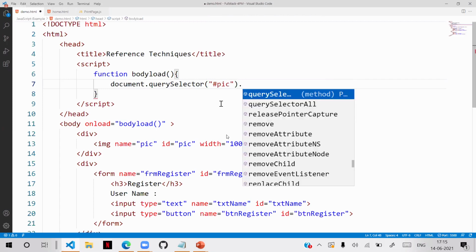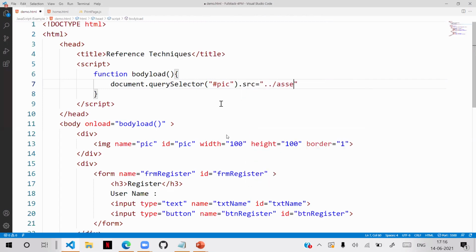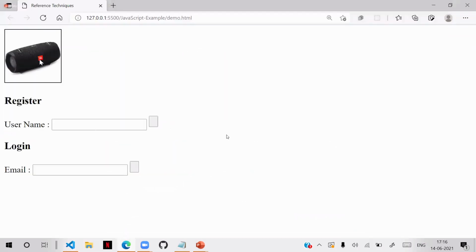And with a dot, I can use src, and here I can put assets, some speaker.jpg like this. And this query selector can use your ID selector, class selector, and type selectors. Now you see, it's working fine.